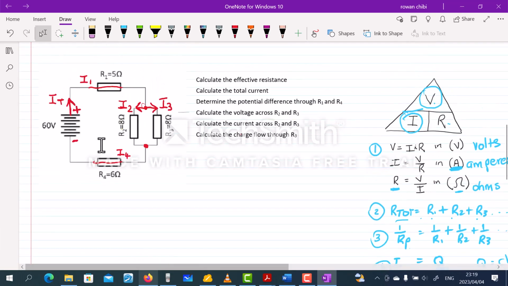Let's look now at the questions. I'm going to use the same circuit for these 6 questions. So question number 1 says, calculate the resistance, or the effective resistance